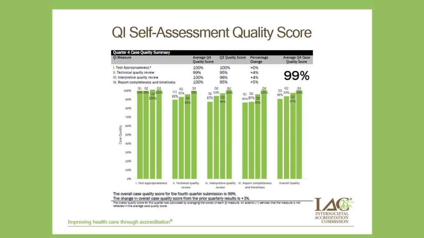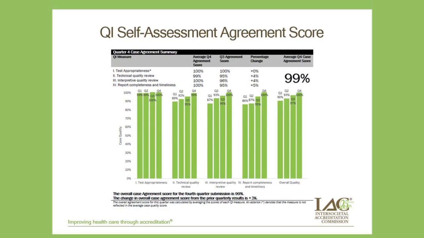A quarterly summary will be provided following the completion of each assessment of 10 cases. If participating as a group, everyone must complete their quarterly evaluations prior to the report being generated. In addition to the average quality score for the current quarter, the scores from the most recently completed quarter will be provided for comparison. This is an example of the final quarterly submission where quarter 4 is compared to quarter 3. However, all 4 quarters are displayed to demonstrate the overall progress of the individual or group. Here's an example of the quality score. And for group participation, this is an example of the agreement score.